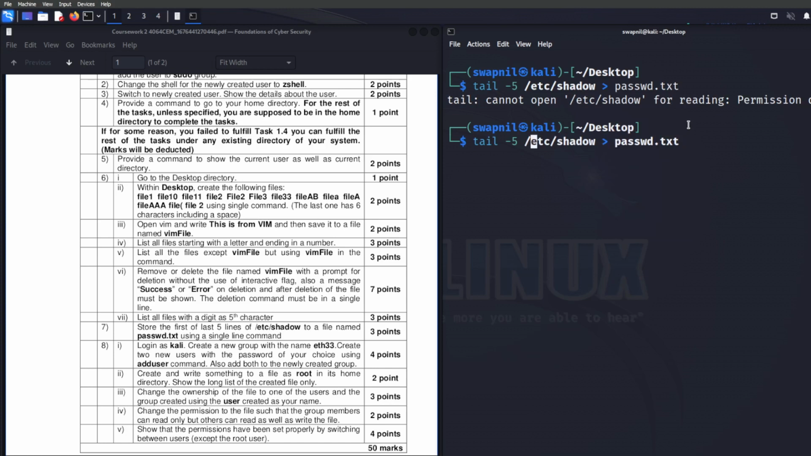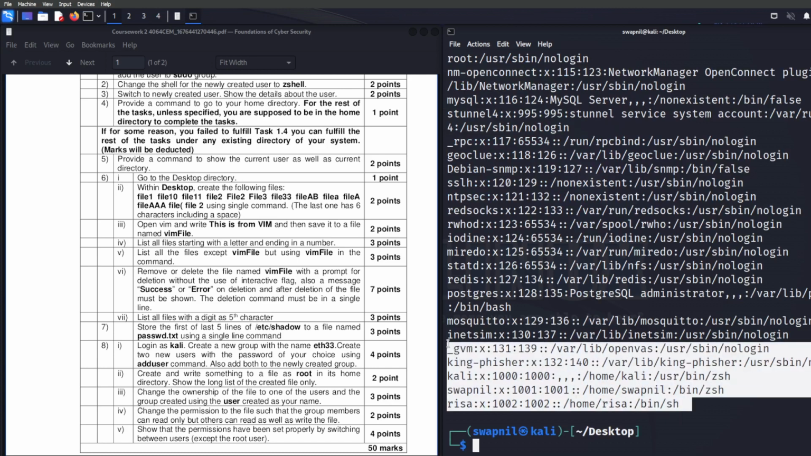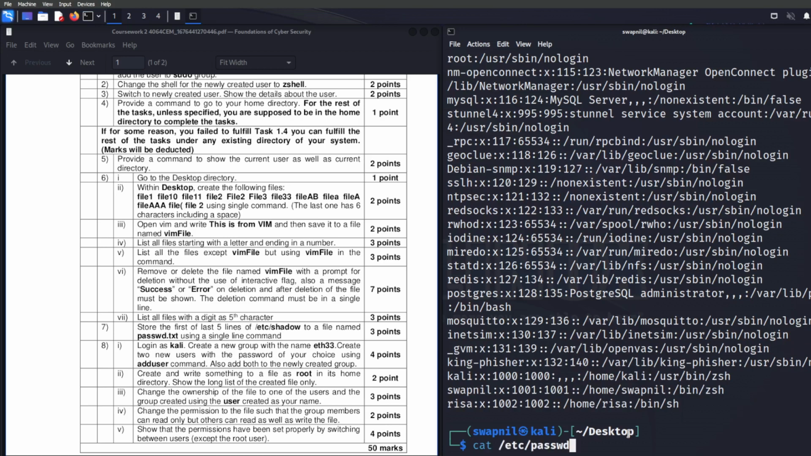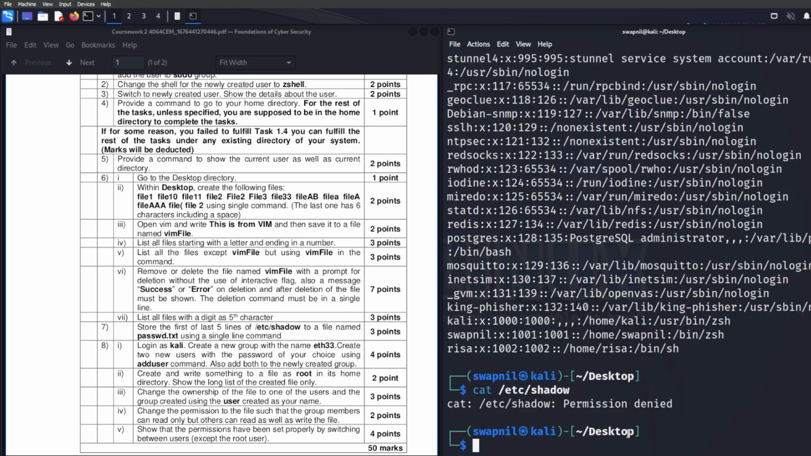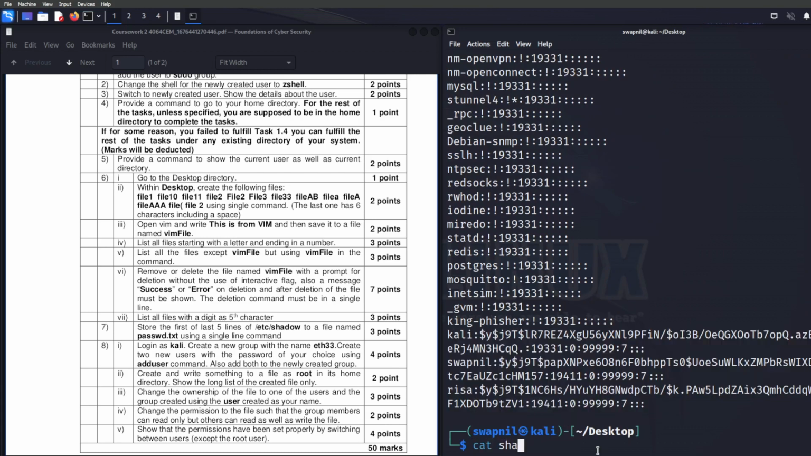Reading permission denied, so we need the sudo privilege, and we use the password. Okay, now we can confirm this by cat password.txt. Yes, and we can see the last 5 lines. Sorry, we have to use shadow. Okay. Sudo privilege again. Okay, so these are the last 5 lines, and we can cat